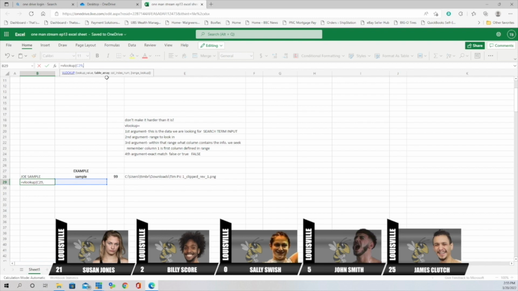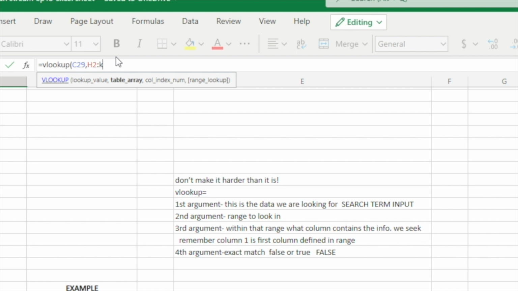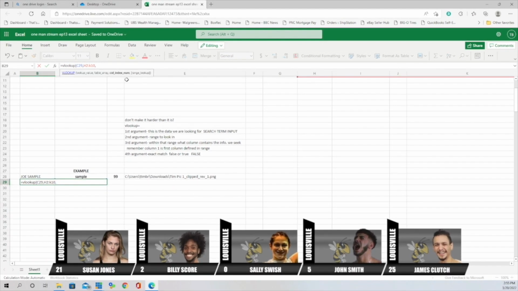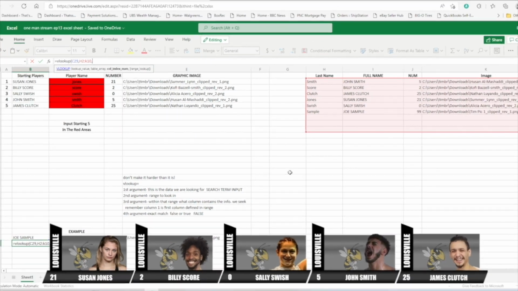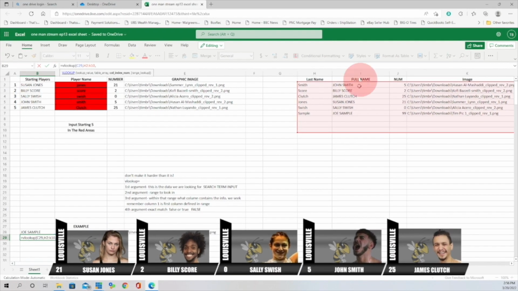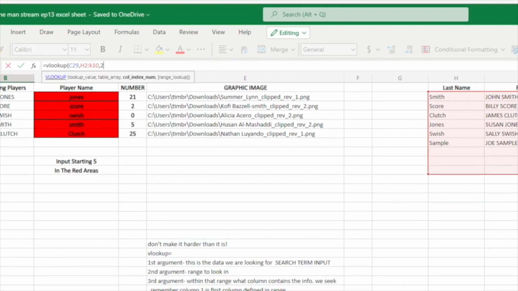And as we talked about earlier, we know what our range is. It's H2 through K10. I'll put another comma. And then the next piece of data is our third argument, and within that range, what column contains the info we seek? Well, here's our range right here. It highlighted it in pink, and remember, it looks left to right, just like you would be reading. So this is column 1, this is column 2. So column 2 is going to bring us back the full name, and that's what we're looking for here. So we're going to put a 2 in here, and then we're going to put another comma,